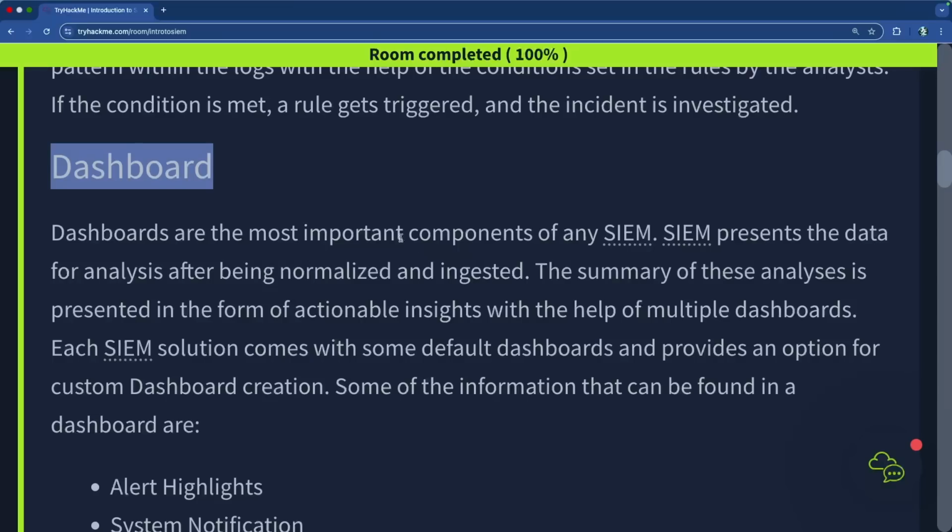And this is one of the most important components of the SIEM because it ingests all of these data sources, like millions and millions of events that are taking place, and it puts them in a really nice dashboard with little graphs and all these different things so that you can analyze the data, right? And after it's been normalized and ingested, and normalization really means that it's making it human readable and